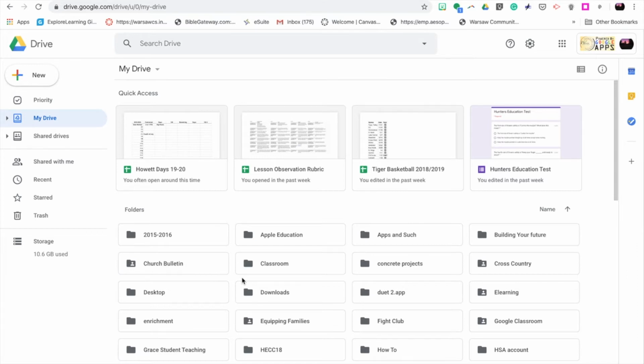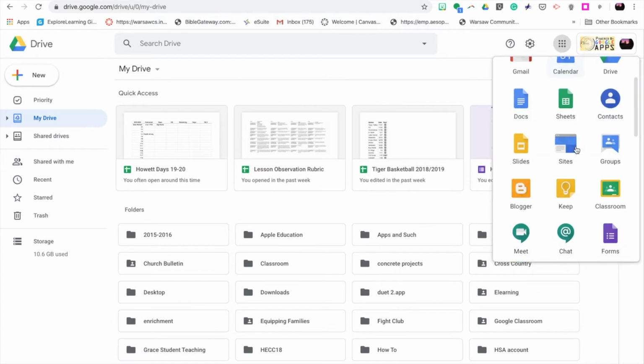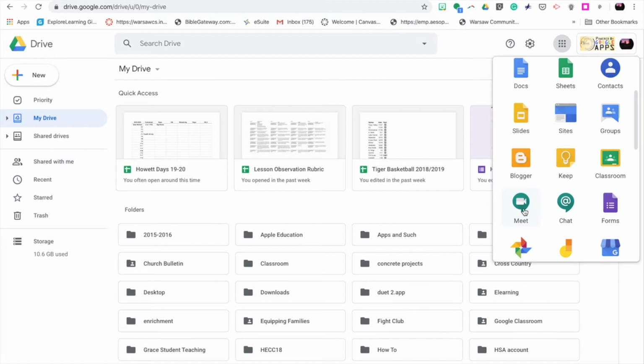So let's go ahead and take a look at how you set this up. Here we're in our drive. If you go to your waffle, you click on this waffle here, and you're going to see the Meet here. It's also called Hangouts, but it falls under Hangouts. It's called Google Hangouts Meet, and there's your Meet. You click on this,